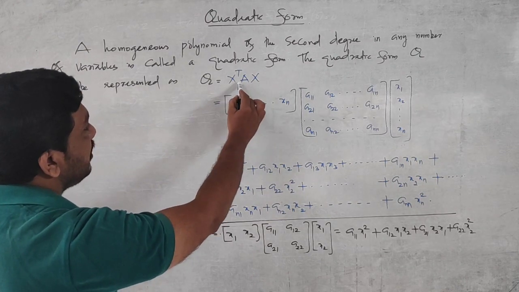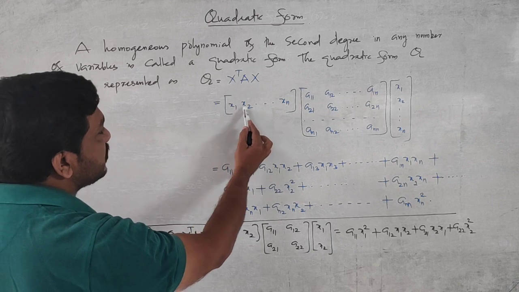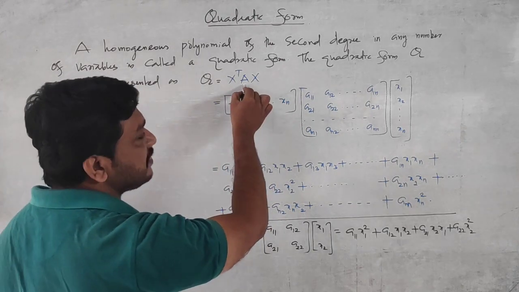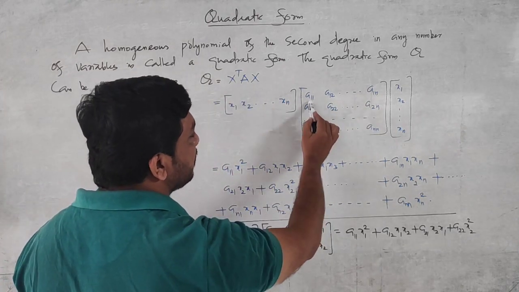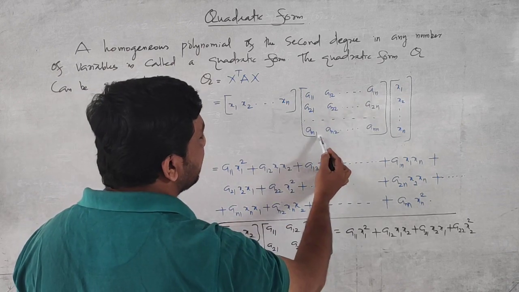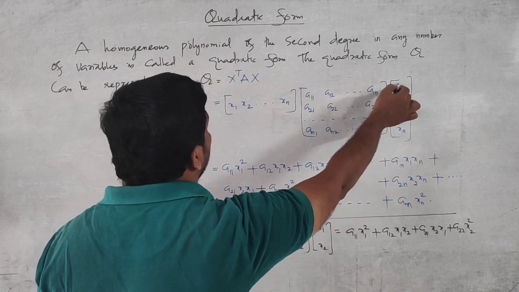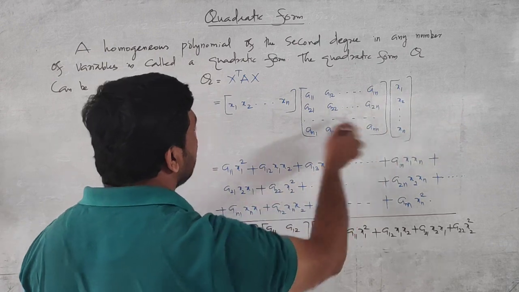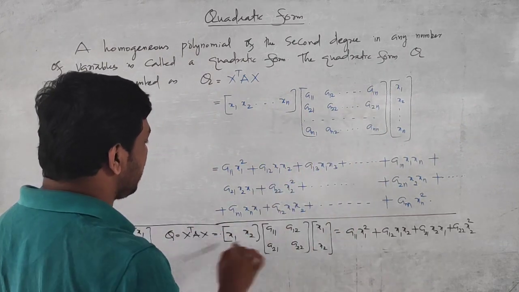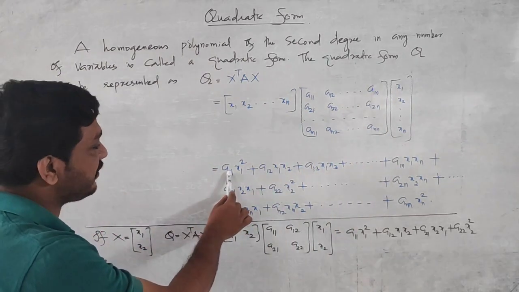Here x is the variables x1, x2, etc., up to xn, and you have a matrix A, that is an n by n matrix, like a11, a12, etc., a1n, and an1, an2, etc., ann, and the last column is x1, x2, etc., up to xn. When you multiply these three, we get an equation like a11 x1 square